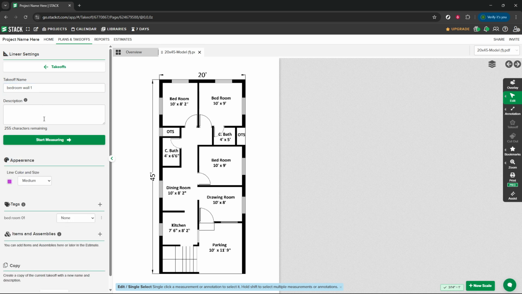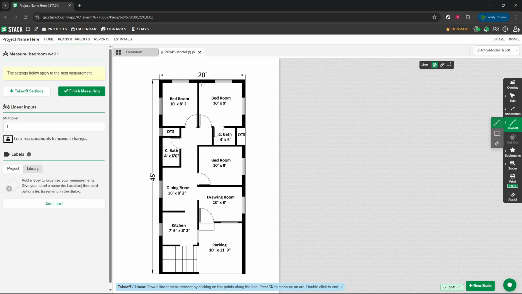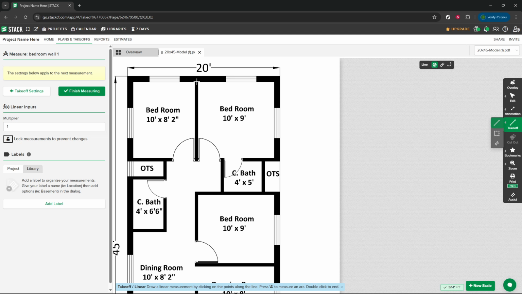This action activates the measuring tool that you will use to take specific measurements on your plan. Identify the starting point on the layout for the element you want to measure and click on it. Then trace the line to the endpoint of the section you're measuring. By clicking on that endpoint, the system will automatically calculate the measurement for you, using the project's scale settings to